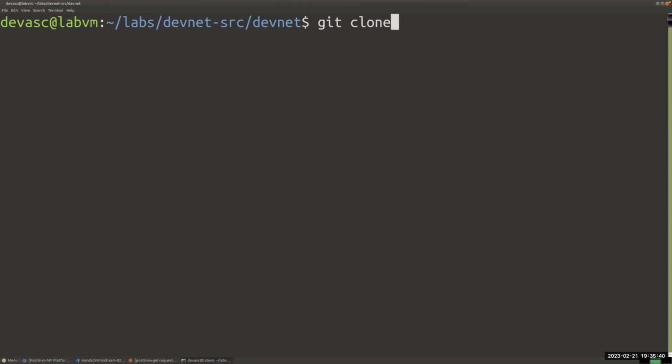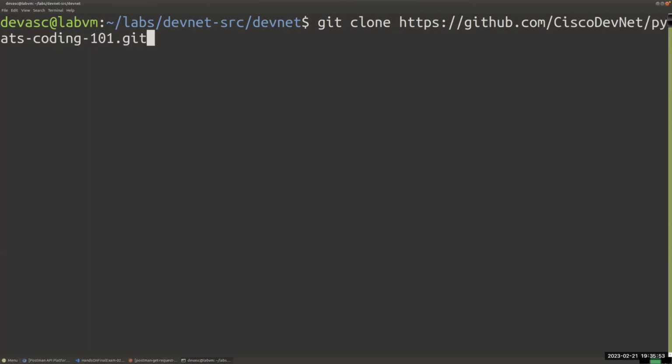And watch how that works. So I would say https:// we'll say github.com/Cisco devnet/pyats coding-101.git. Now, I would highly recommend that you maybe make a note of this, because this is a real live